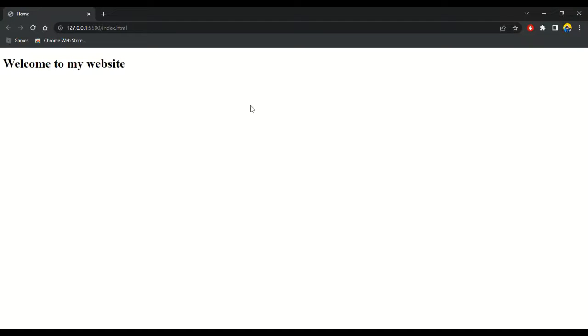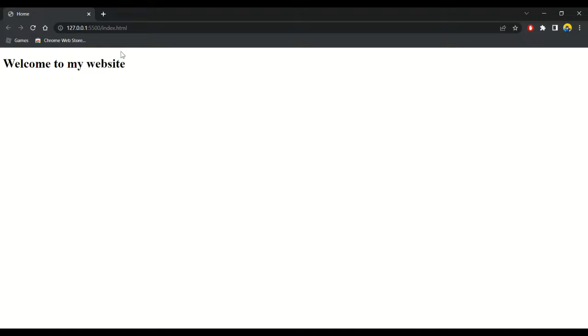Let's go back to Google Chrome, and you'll see that the website's title has been set to home. And that's the window title, and the actual website's title has been set to "welcome to our website", which is really cool. Now let's start adding some subheadings, and then let's start adding some paragraphs and some links about my channel, and let's